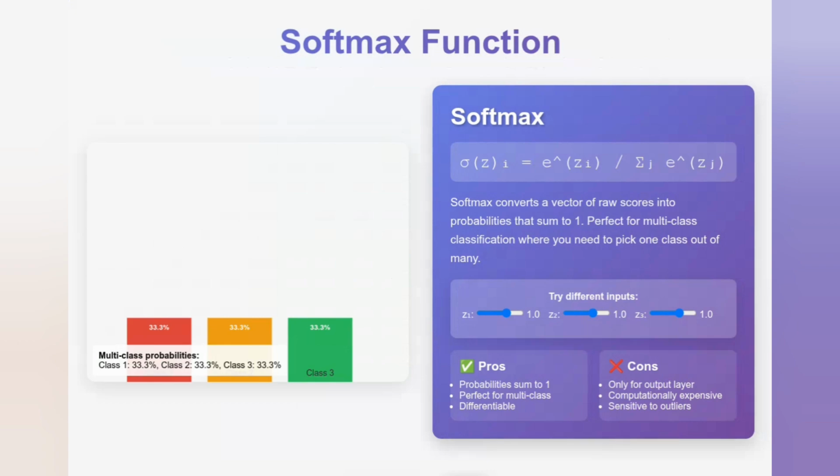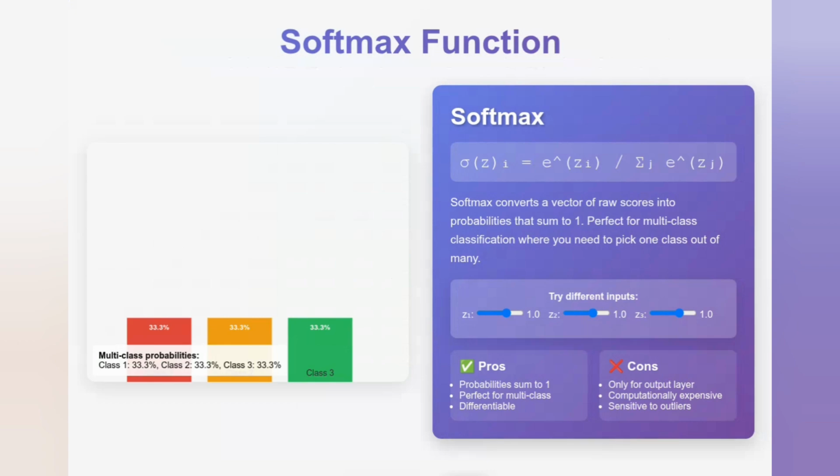Finally, let's look at Softmax, a crucial function primarily used in the output layer for multi-class classification. Unlike the others, Softmax takes a vector of raw scores, often called logits, and converts them into a probability distribution. The key here is that all the output probabilities will sum up to 1. This means it explicitly assigns a probability to each class, indicating how likely it is that the input belongs to